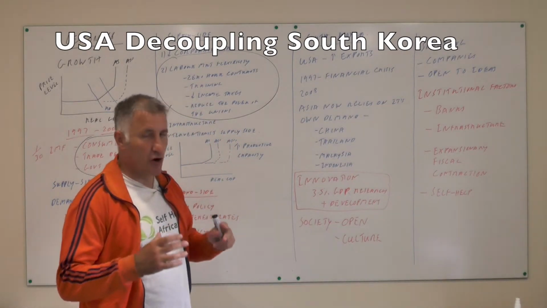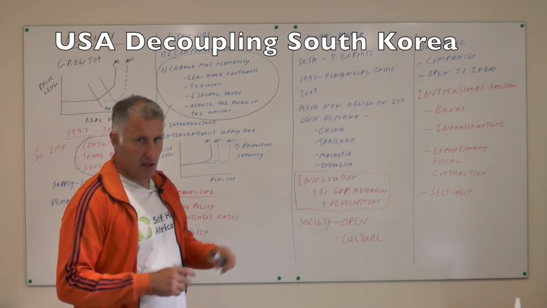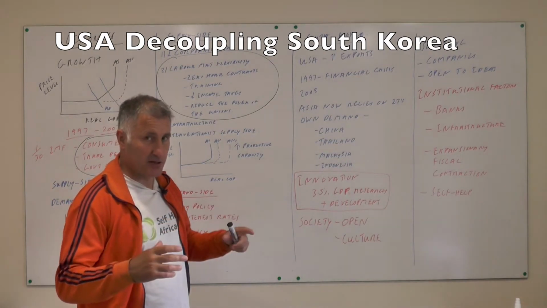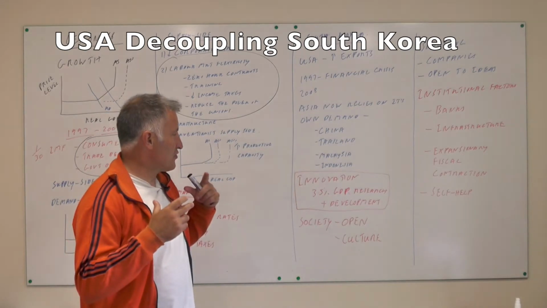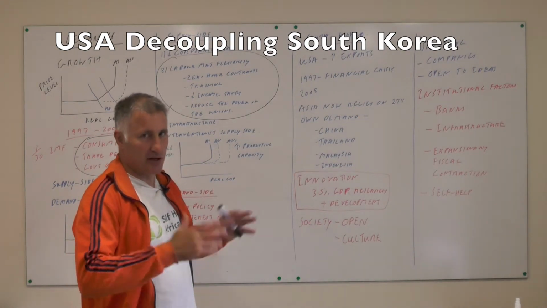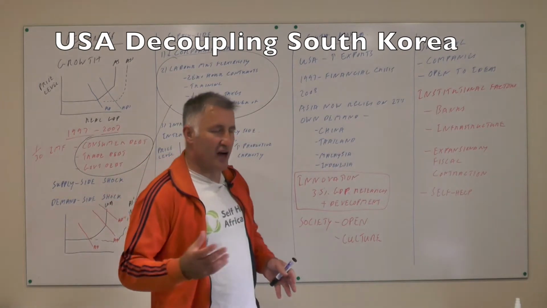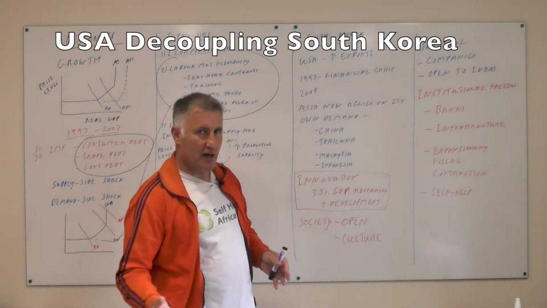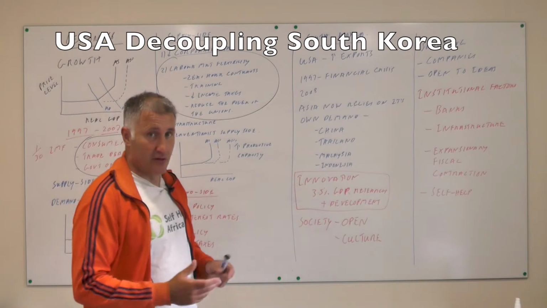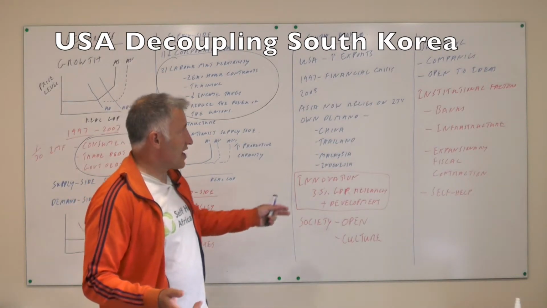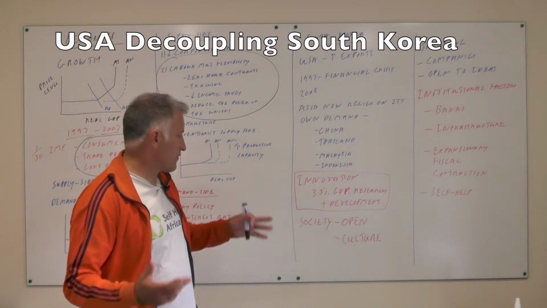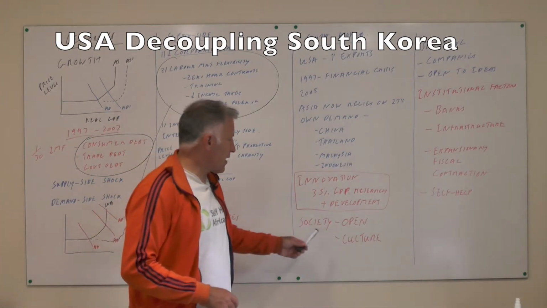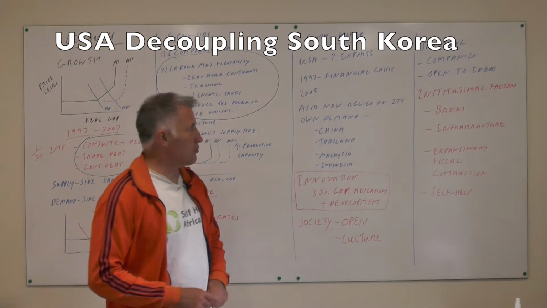Politically, they've become much more open to outside influences. The more you become open to outside influences, the more that you'll be able to compete. So the classic example of that is North Korea, which has completely shut itself off from the rest of the world. Therefore there's no new ideas coming in, there's no new competition coming in, and therefore it's a very backward country. South Korea is the complete opposite. It's now open. It's open to ideas. It's open to innovation. So we're talking here about an open society and an open culture.